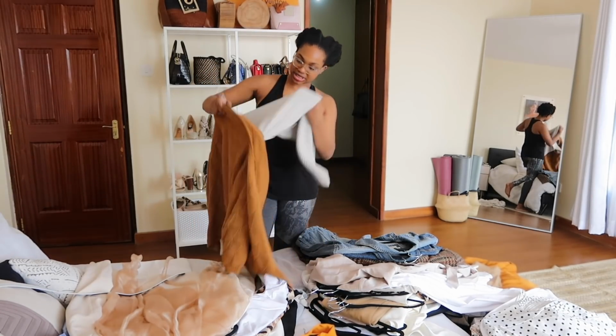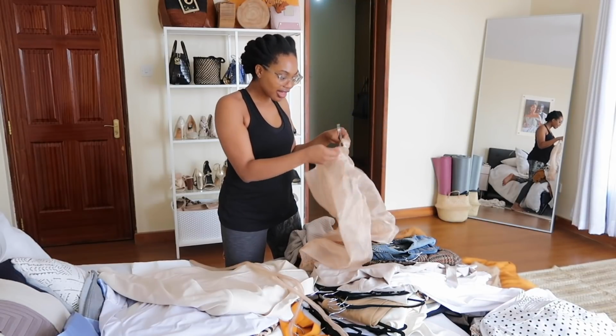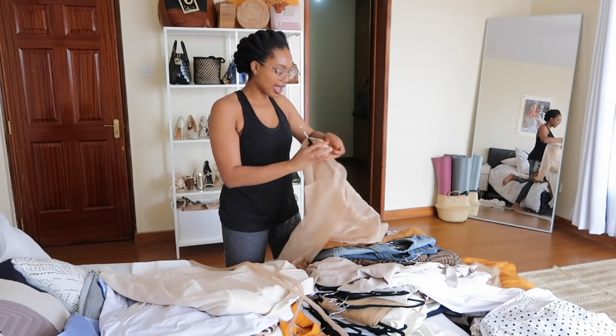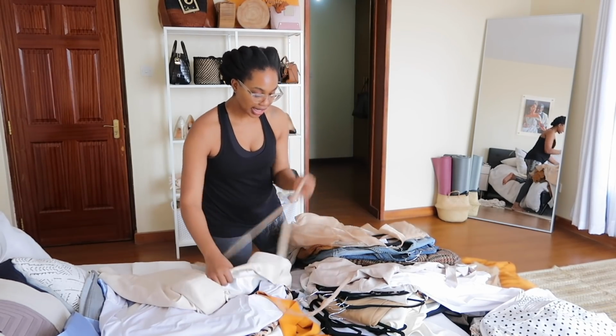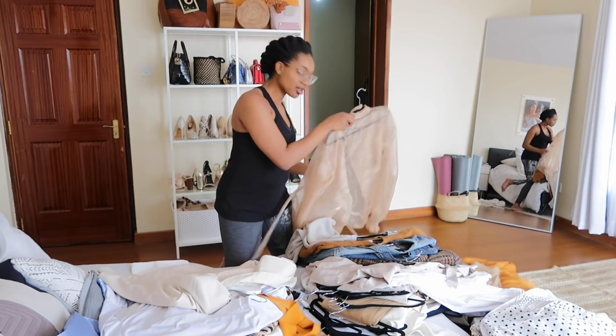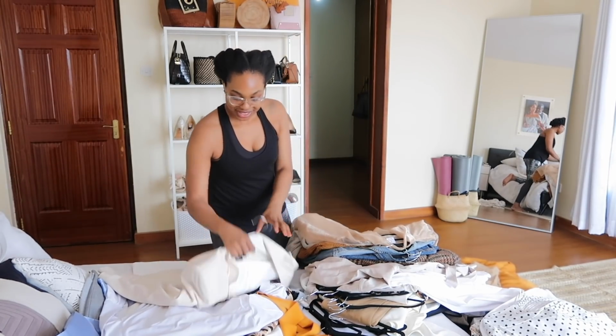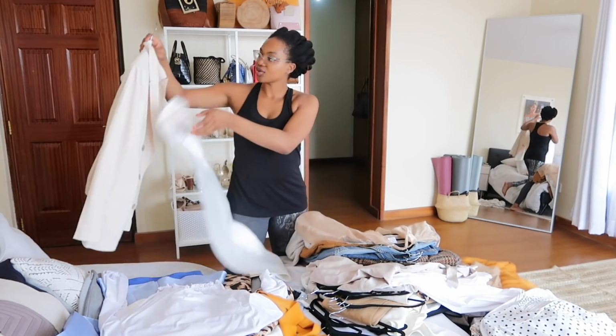Oh, we got 2 cardigans in here. I love this cardigan, it's so comfortable. Okay, so I feel like I'm keeping a lot of things, but I think it'll help once I hang them up and color coordinate them, because then I'll be able to see, okay, actually you have 6 white button downs. Do you need 6 white button downs? No. So let me just do an initial sort and then I have a feeling I'm gonna do another sort